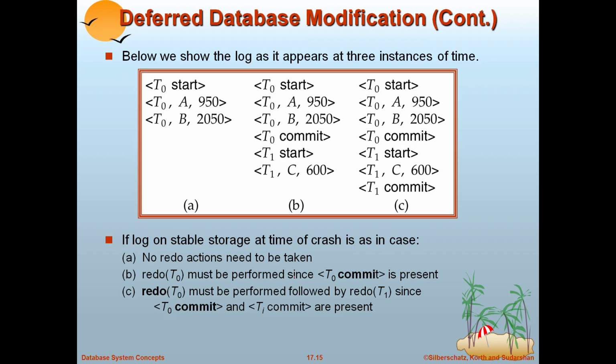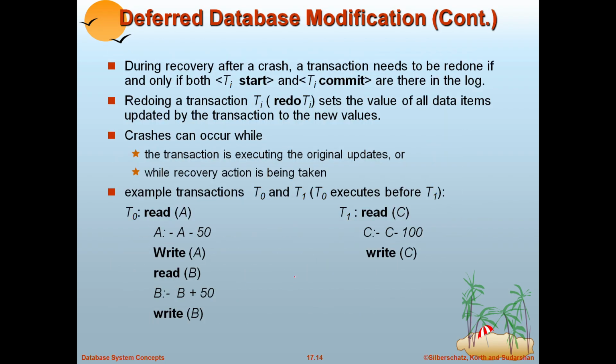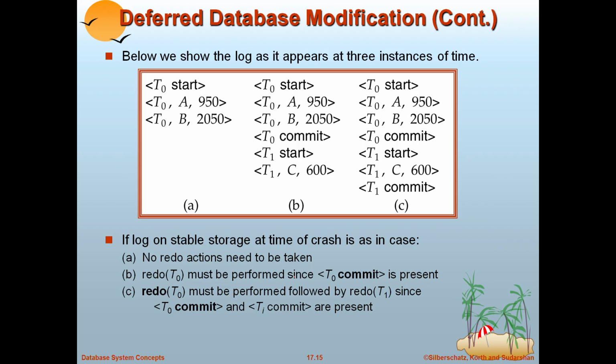In the second one, T0 start, T0 A 950, and here we are doing the commit on T0. In the third one, T0 commit, T1 start, T1 C 600, again we are committing. T1 also commits. So if the log on stable storage at the time of crash is as in these cases,